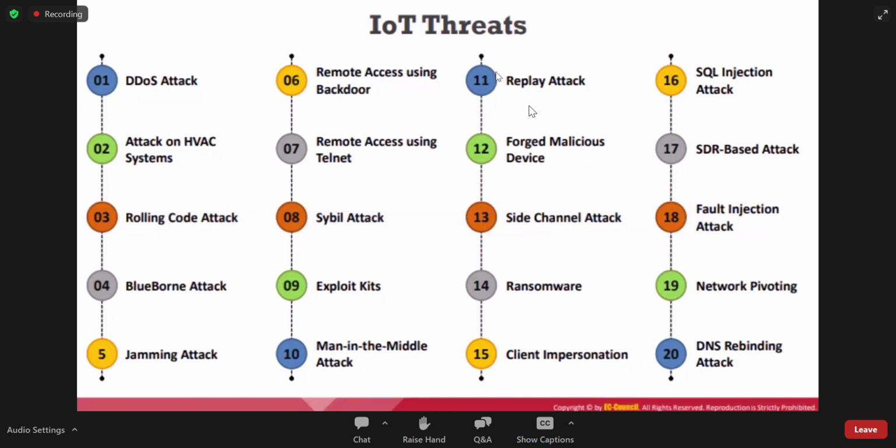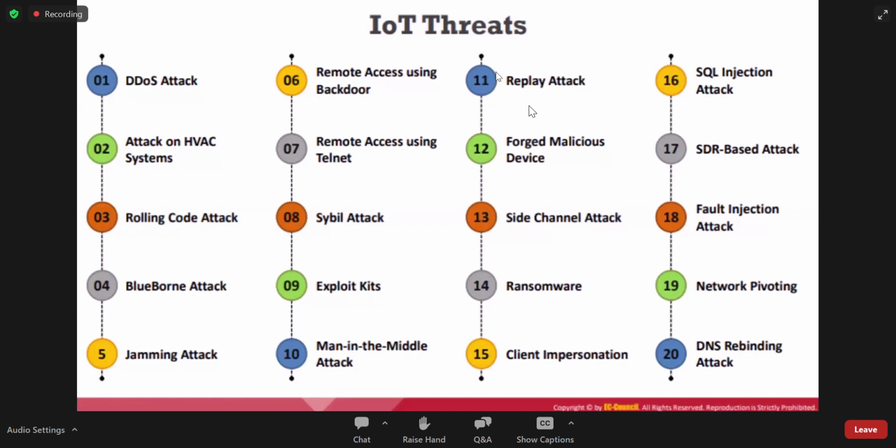Some people here might be using cars for transportation. You obviously use a remote to lock your car. Whenever you click, a sequence of code is transferred from your remote to your car.